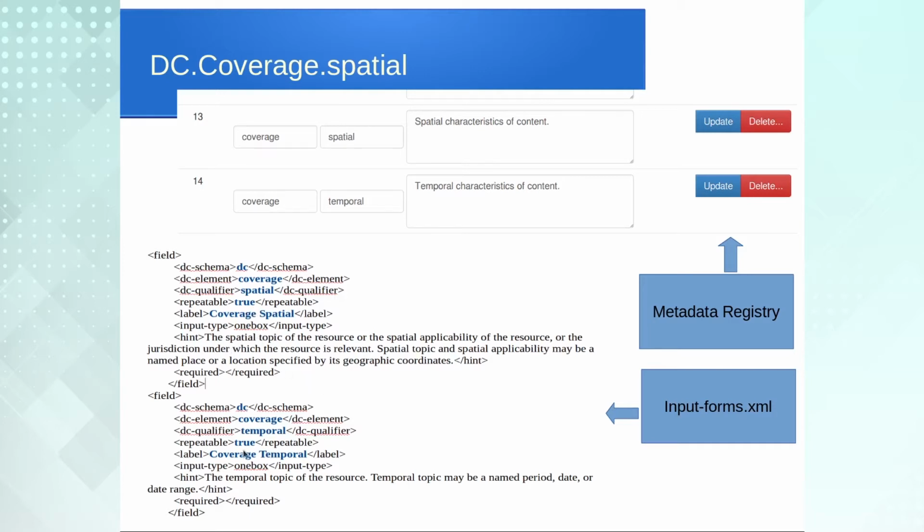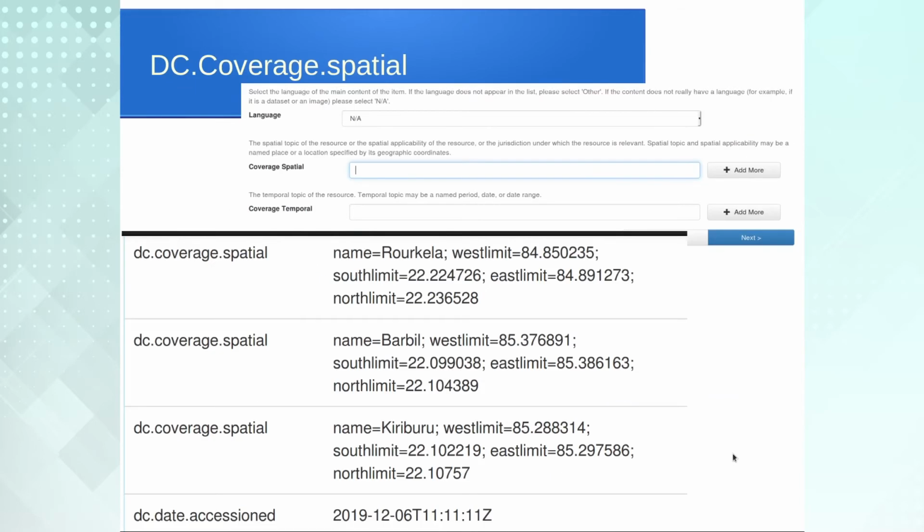So here we can enter data. This is the metadata schema. I will be showing you how we can enter this. Here we are utilizing DSpace, another very popular digital library solution in the domain of libraries. First we updated the metadata registry and truncated the input-forms.xml. After that we will get a data entry worksheet like this, where we can enter coverage.spatial and coverage.temporal.